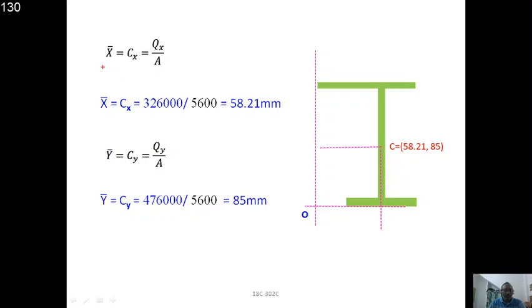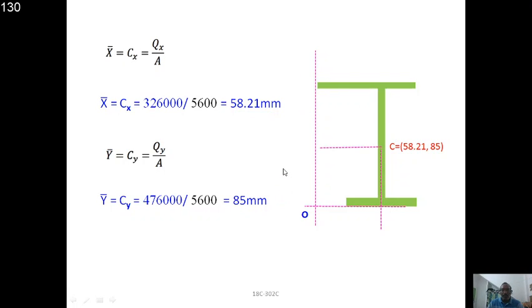Then apply the formula x bar is equal to Σax by ΣA. The values which you get in the table, substitute all those values. Qx means ax and Qy means ay. Then you get x bar as 58.21 mm and y bar as 85 mm. Remember, this value of 85 mm is the same as in the earlier case also,